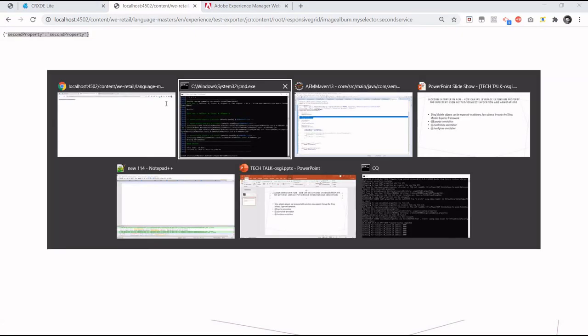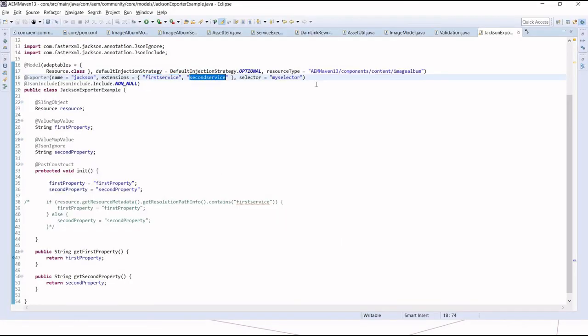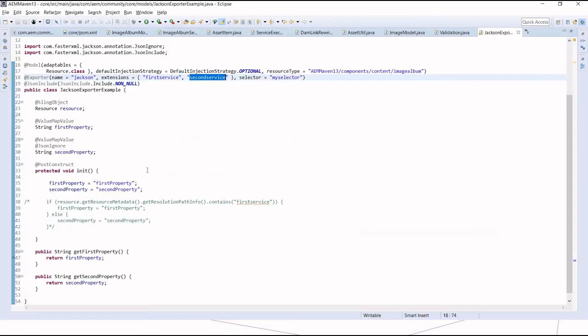And now, because irrespective of any extension I'm ignoring second property, let me try first service. Yeah, it's giving me first property. Let me try second service. It's also giving me first property. So this is how we can ignore.